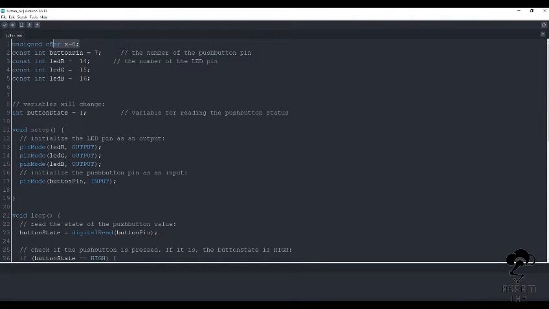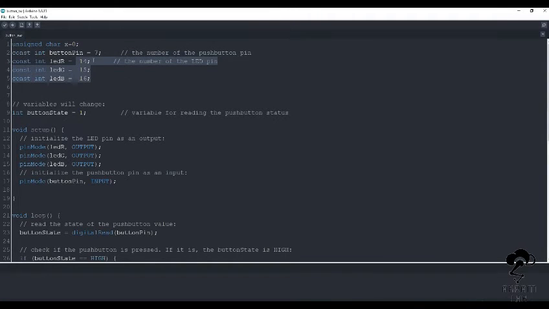First of all, we need to define a character. I have used the character name x equals to 0, and first of all we have to initialize it from 0, and then these pins are initialized for the button and the LEDs. I am using here pin number 14, 15 and 16.